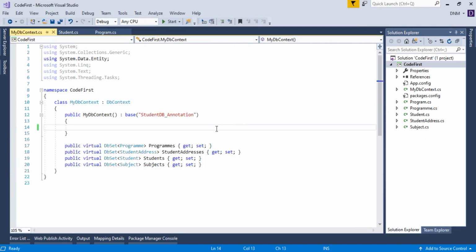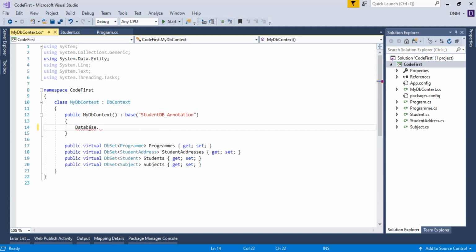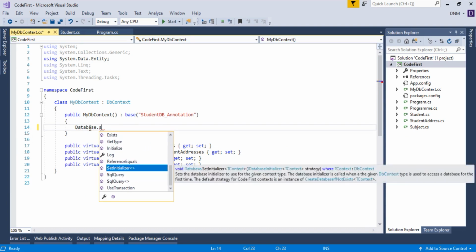So whenever you want to change your database initializer, you have to define it in your DB context class constructor. There is one static method of the Database class, that is SetInitializer.